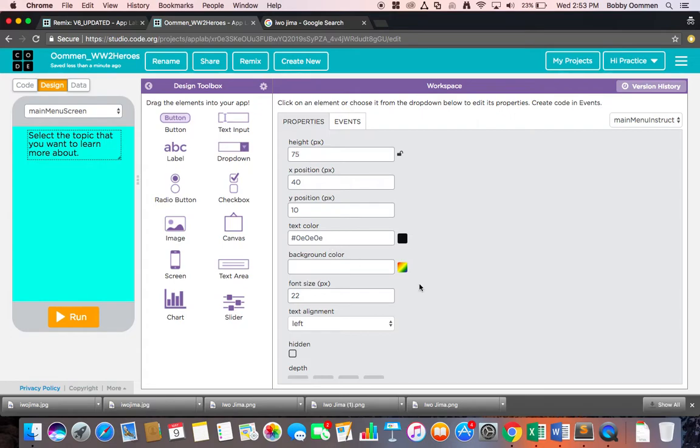Let's go ahead and start adding the buttons. There are 4 buttons. We need general history, oral history, pictures, and statistics. So what I'm going to do, I want to make sure that this is center aligned. That looks nicer to me. Okay. I will go ahead and drag over a button element. So I'll drag over a button element. And in fact, you noticed that as is the case before, when I select on a button element,